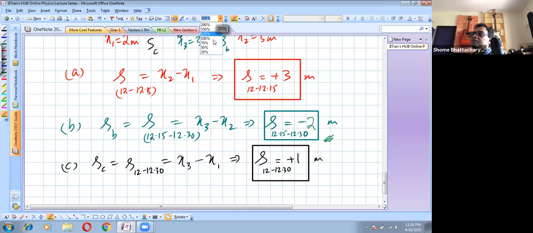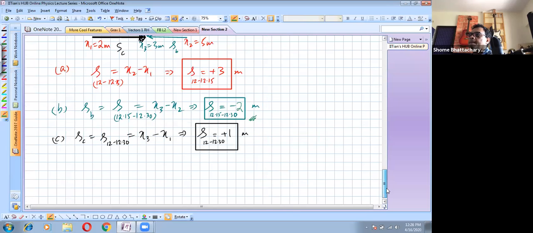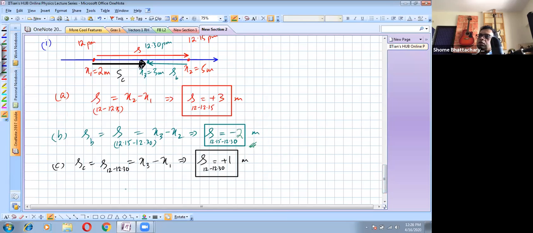So I'll just minimize this diagram a little bit for you. So hope this is clear to all of you. Now I'm starting to get some answers about the distance traveled. Yeah, so we will have started to get the distance traveled correct. Good, that's good. So remember, the distance traveled is the